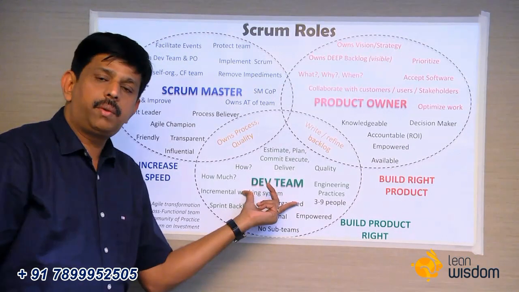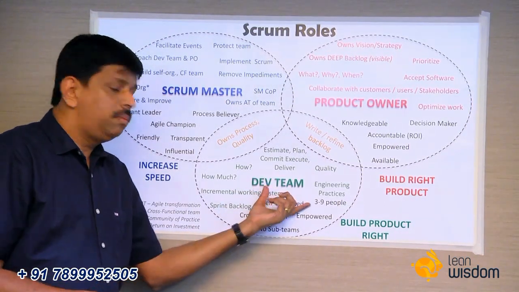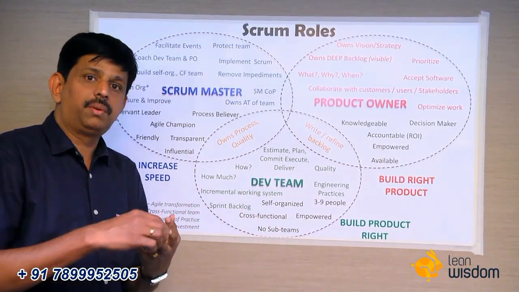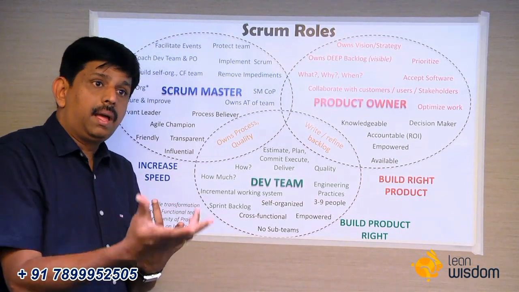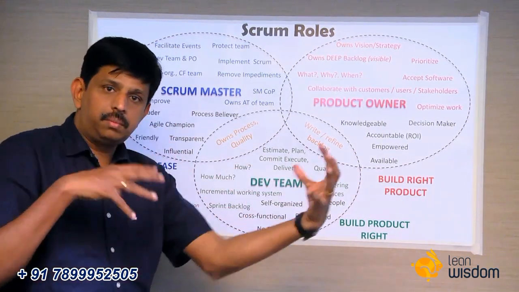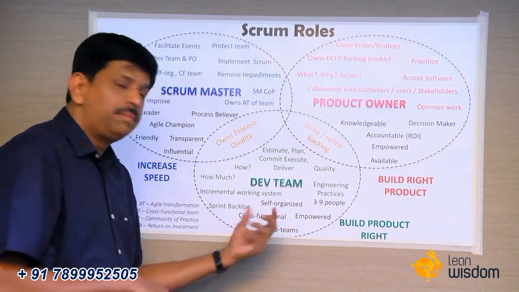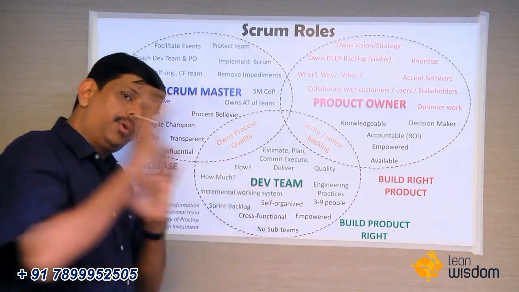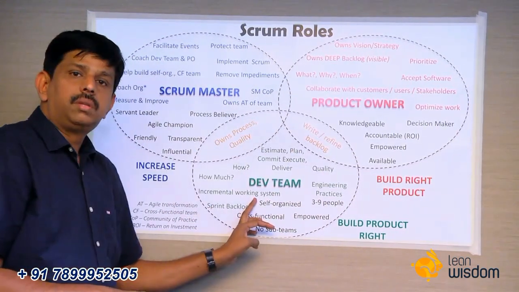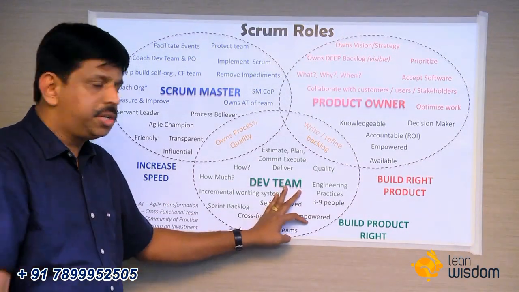Where do we get the development team from? We pull a development team from a UI team, from a backend team, from a DB team, from a testing team. We pull one person from each and then build a cross-functional team. So this also comes from your traditional world. These 2 roles really come from the traditional.